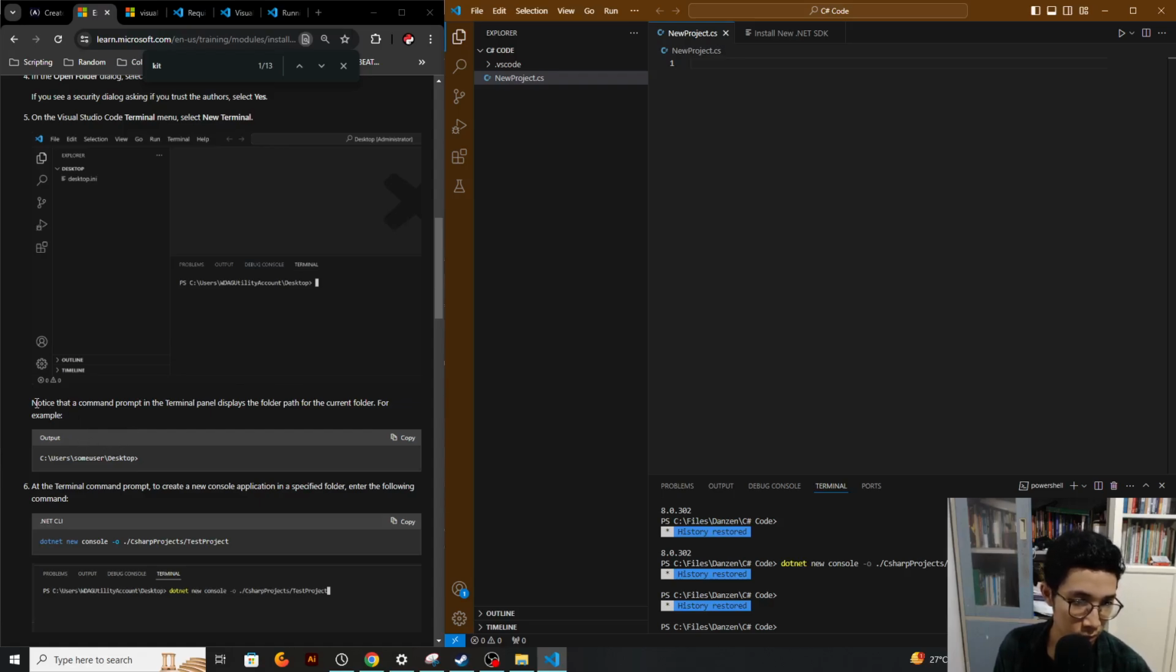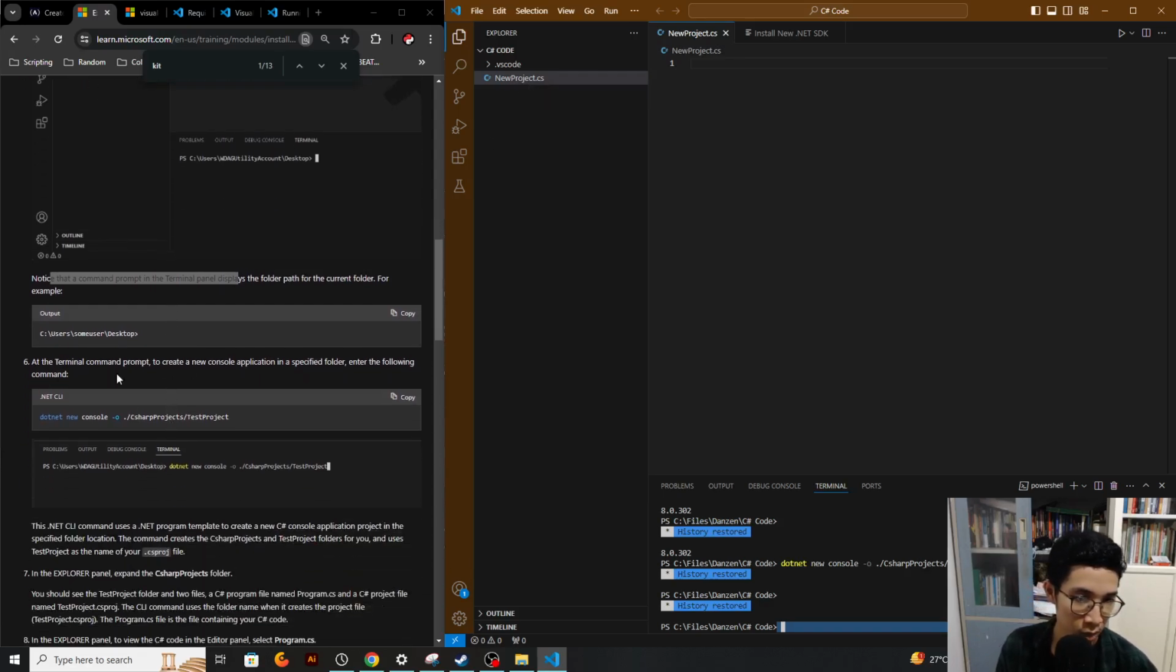For example, yes, it displays my current code. This is my path to my Visual Studio Code files here, which is the new projects.cs. It will be like this: C# users, some user, but it will not always be the same. My path is different. At the terminal command prompt, to create a new console application in a specified folder, enter